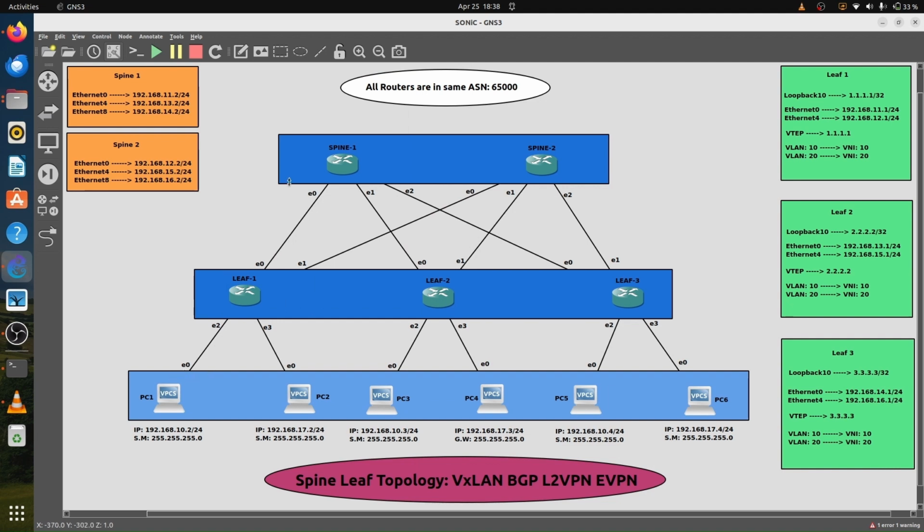One is leaf 1 to spine 1, then spine 1 to leaf 2, and then PC3. The second path is from leaf 1 to spine 2, spine 2 to leaf 2, and then leaf 2 to host 3. So here we will use a technique, ECMP, equal cost